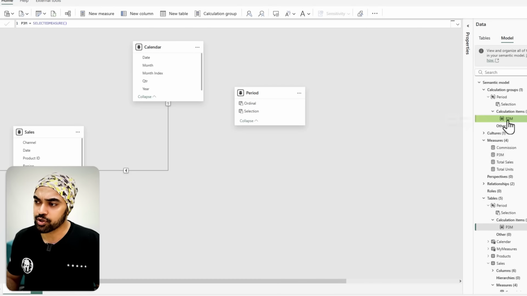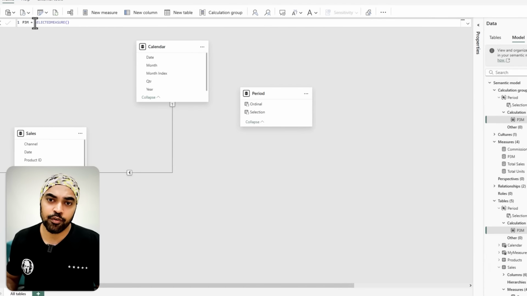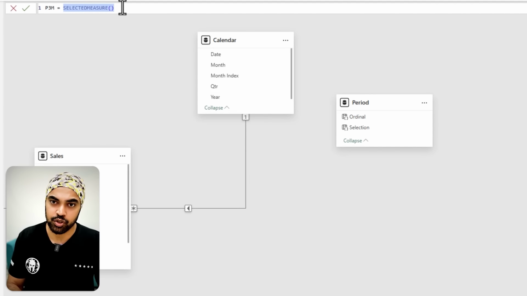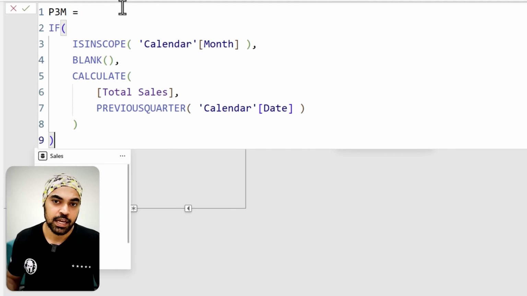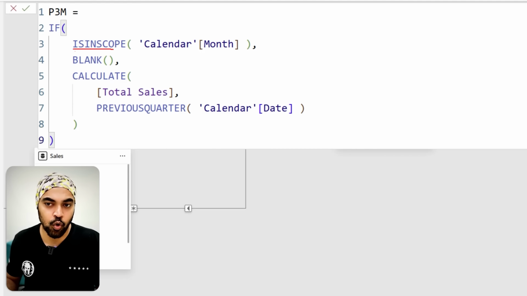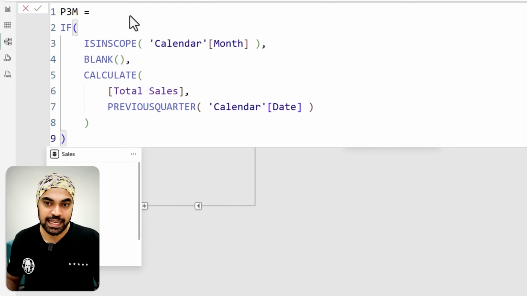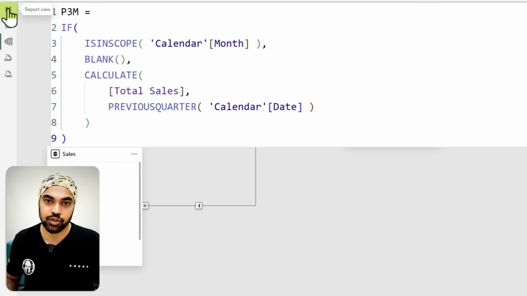So for past 3 months, I'm just going to go back right here, and instead of referring to the selected measure, which is, let me zoom that a bit, instead of referring to a selected measure, I'm going to paste my code right here. So I'm saying that again, if the scope is a calendar month, if that is true, that means you're working against the month, please show me a blank. But in case you're not working against the month, please show me the calculation right here. Now, if I just save it, and if I just go back to the visualization at the back,